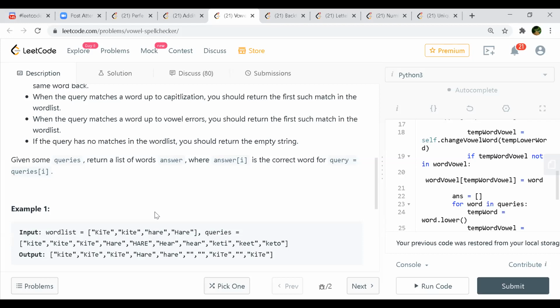I started with that because in general I'm not very fluent with trie at this point. So I wanted to see if my basic brute force, without using advanced data structures, would work, and it does seem to work actually. So I didn't even go with trie. Basically, I used the concept of hash maps to come up with the strategy.